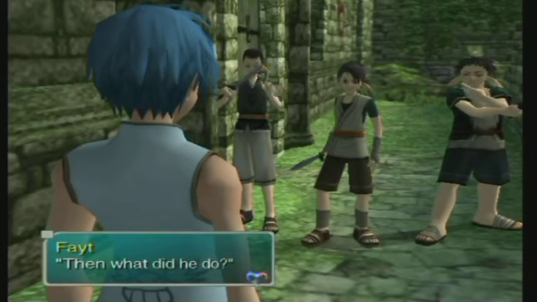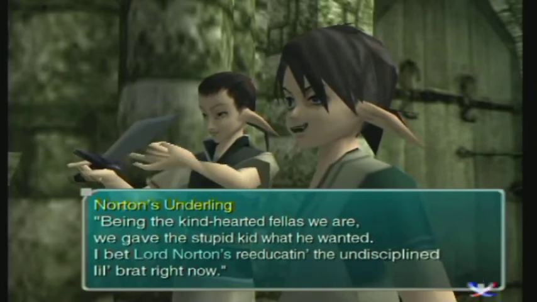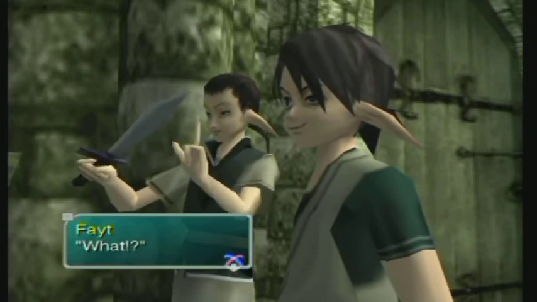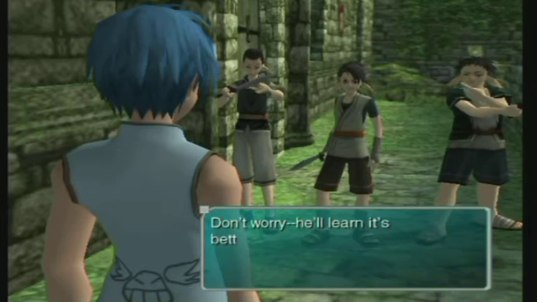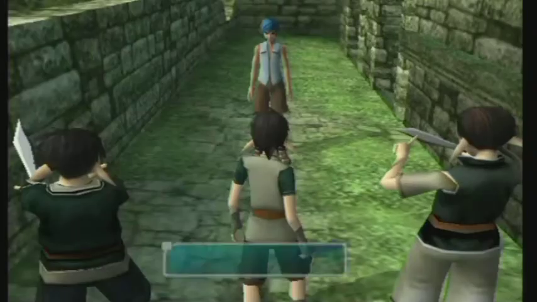Then what did he do? Being the kind-hearted fellas we are, we gave the stupid kid what he wanted. I bet Lord Norton's re-educating the undisciplined little brat right now. What? They might have just sealed their fate. It's the kid's own fault. Nothing good can come from messing with Lord Norton. Don't worry, he'll learn it's better to join us than fight us. It's a shame. The apple don't fall far from the tree. Idiocy must run in the family. Just a little bit. Rotten little...